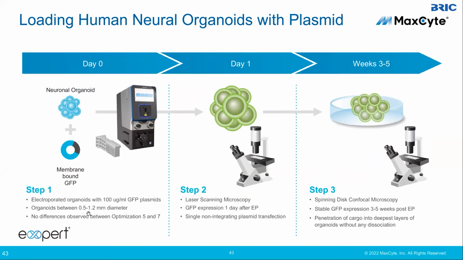The organoids were between 0.5 to 1.2 millimeters in diameter, and with a couple of different optimization protocols on our instrument. So we looked at GFP expression 1 day after electroporation, and then also stable GFP expression 3 to 5 weeks post-electroporation, looking at the penetration of the plasmid DNA into the deepest layers of the organoids without